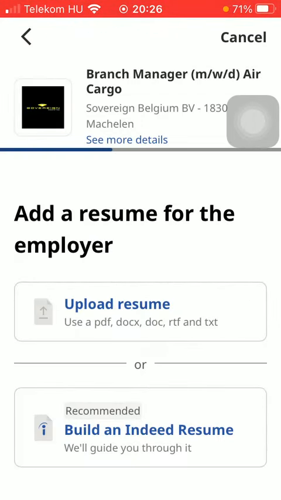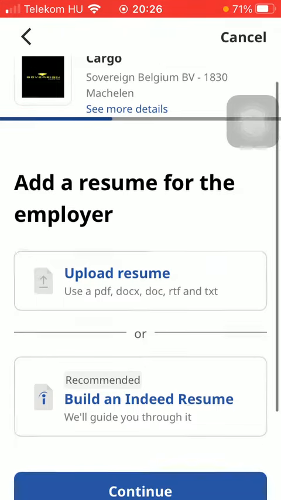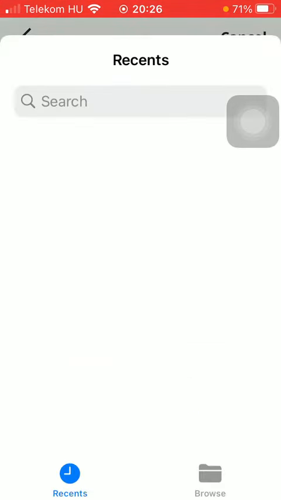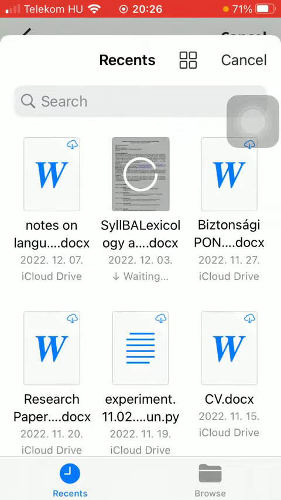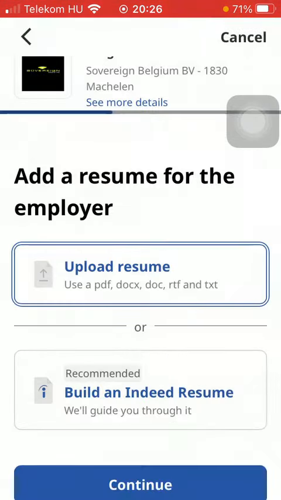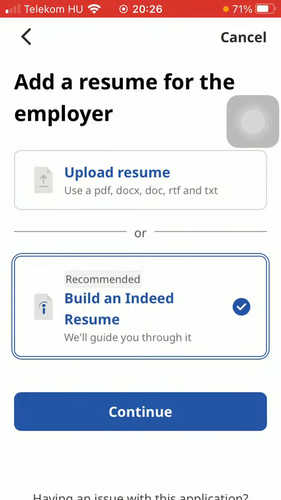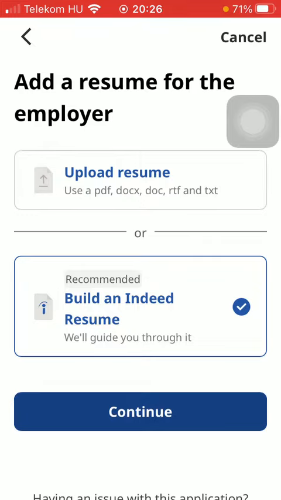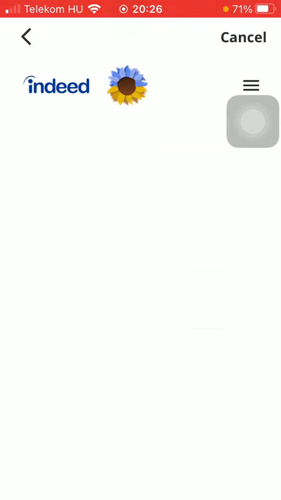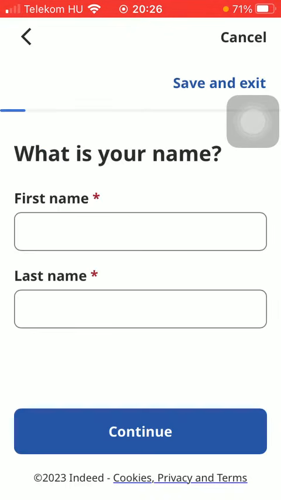After that, you have the chance to upload your CV by clicking on the Upload Resume button. So here you should select a document from your files, or you can also build an Indeed resume by clicking on the second option, tap on the Continue button. And if you have chosen the second option, you will be able to start building up your